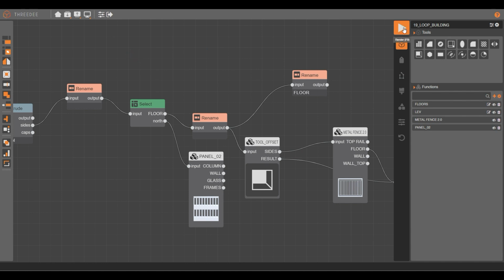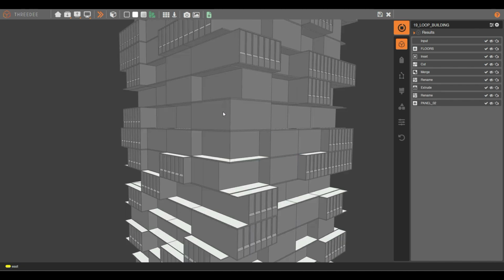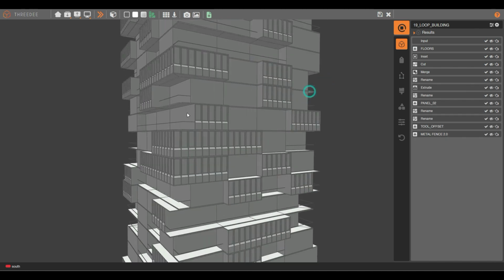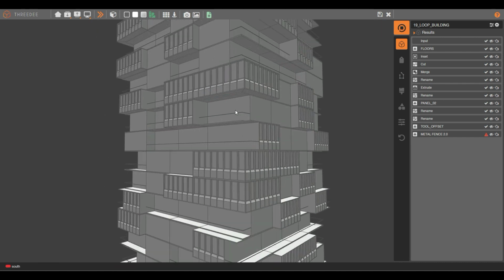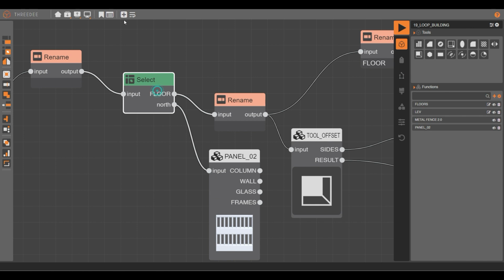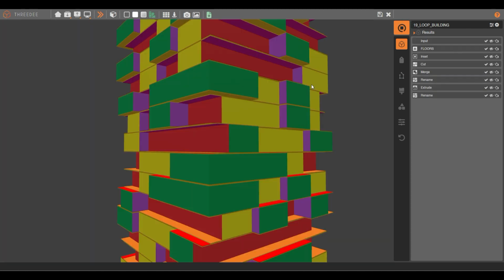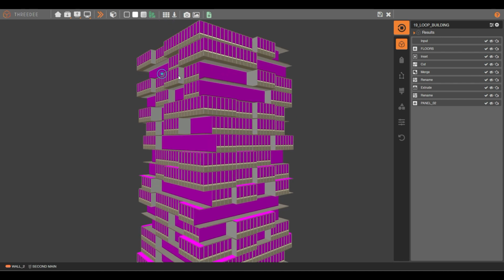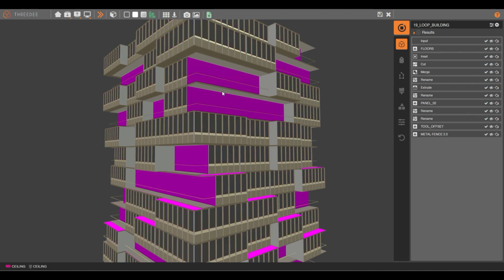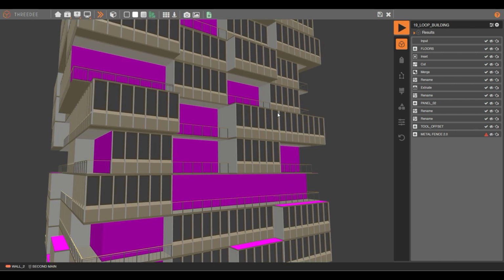Let's see the results. Very well. I have this panel solution, and then in my east I can do the same. Go to the panel solution. As you can see, now I have rails and my panels,